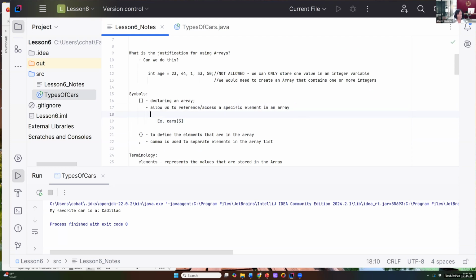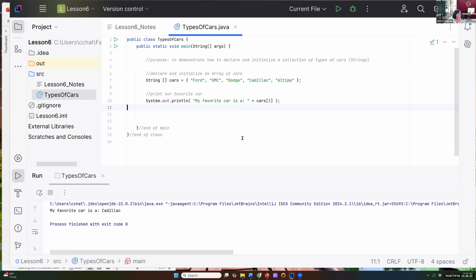So what is the notation we would use? We would use array name, right? Then open and close bracket with the specific index. It's going to go inside of the bracket, right? Inside of the bracket. That is how we reference an array. The array name, and then brackets, the specific index. So I hope that makes sense. Any questions about that? All right. If not,